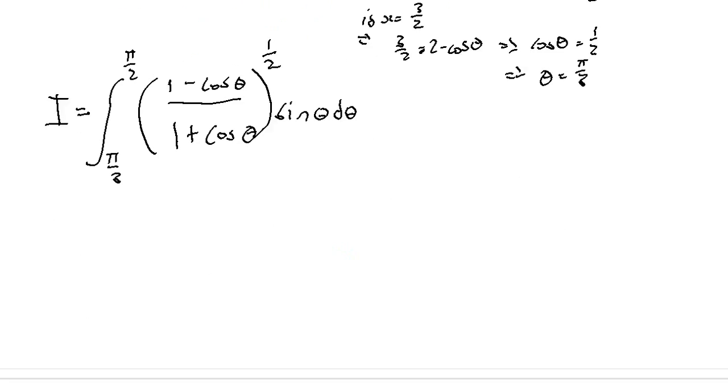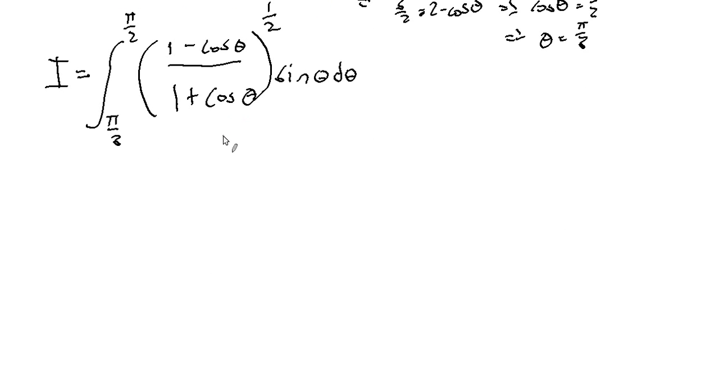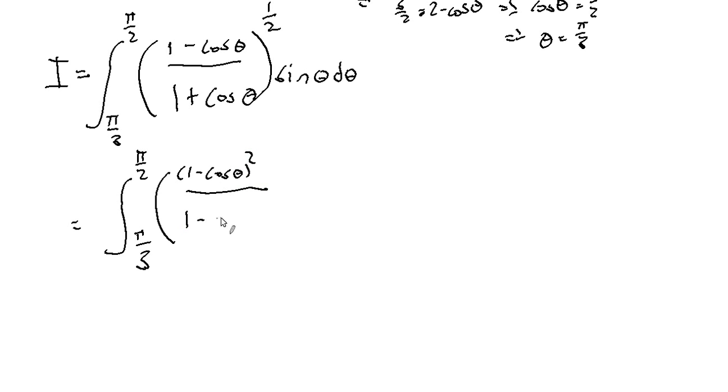Fantastic. Because now, when you see a 1 minus something and a 1 plus something, your mind screams difference of two squares, and indeed that's what we're going to do. We are going to multiply the top and bottom by 1 minus cos theta, for reasons that will become swiftly apparent. This will become the integral of (1 minus cos theta squared over 1 minus cos squared theta) to the half sine theta d theta, which equals, oh yes, from pi over 3 to pi over 2